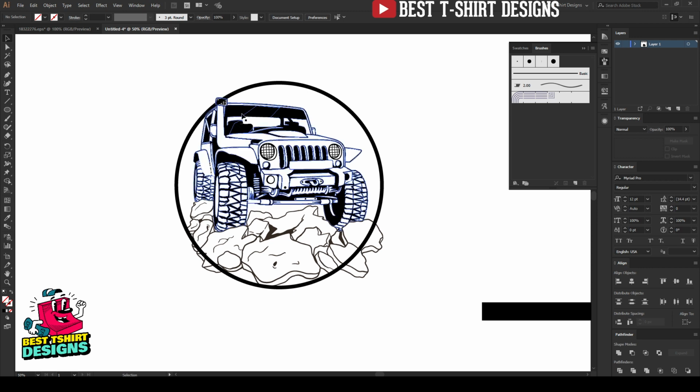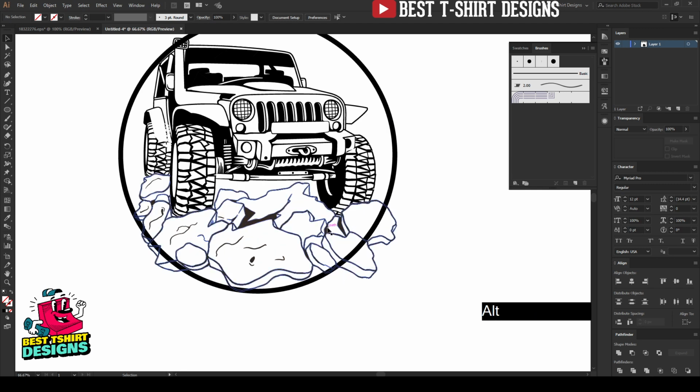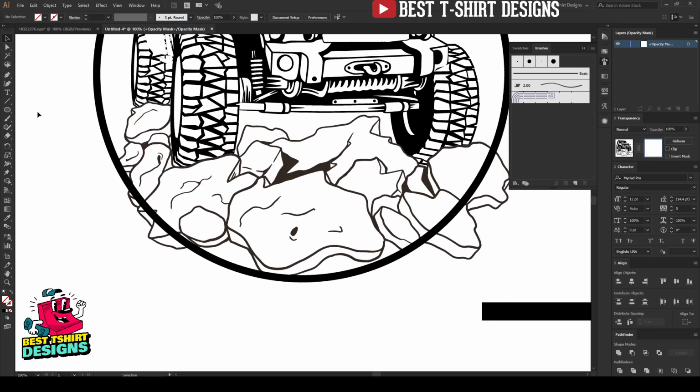Now I want to make a clipping mask here, because I don't want to show these areas. Or I can simply select this graphic, and then open the transparency for it, take my pen tool here with black fill, and if I draw some areas like this, it is going to hide those parts.